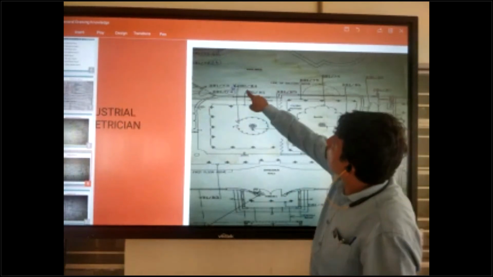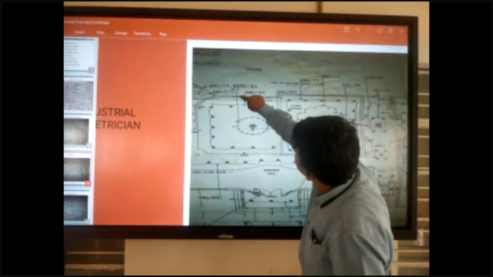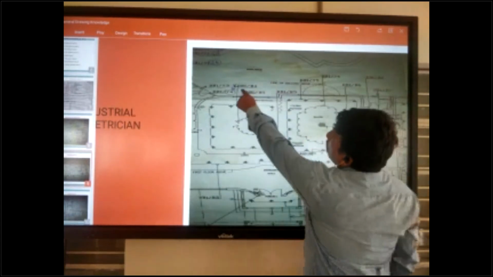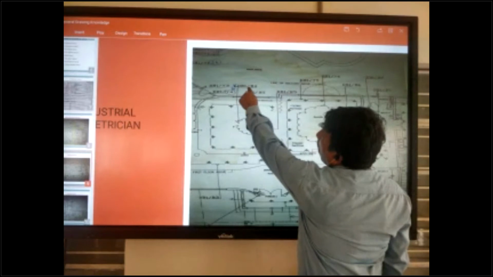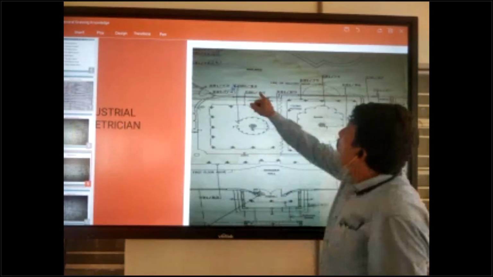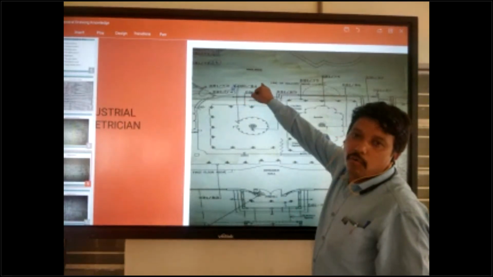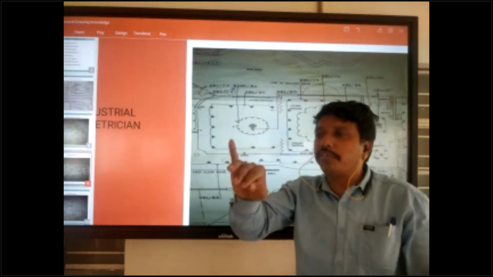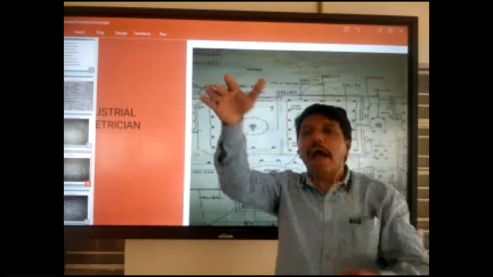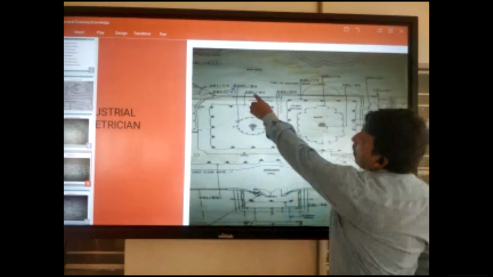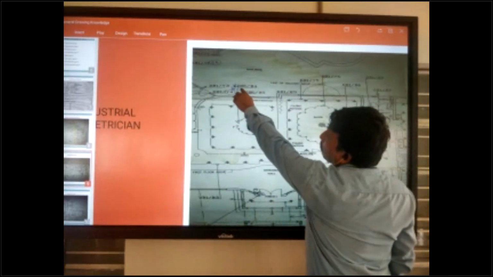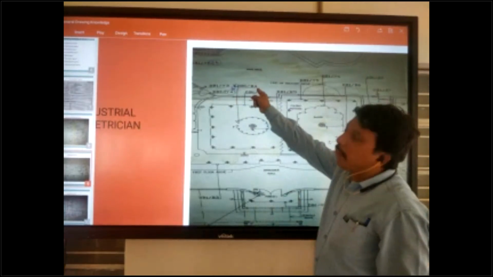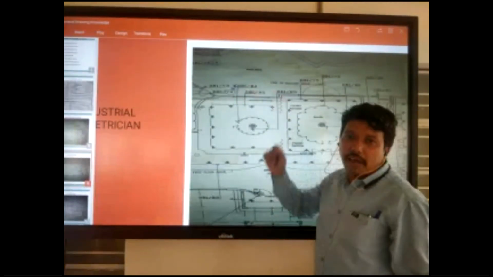You can check where this arrow is going. This is DB1, B4. DB means distribution board number 1, and B4 means blue circuit, 4 ways, number 4 going. We have a number of ways: 1, 2, 3, 4, 5, like that. DB1 means distribution board number 1, and 4 means blue circuit.